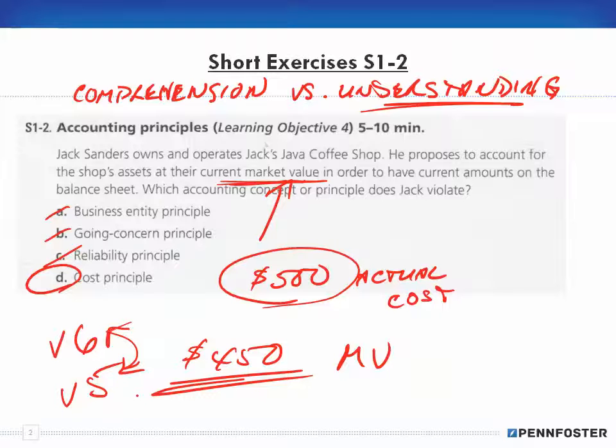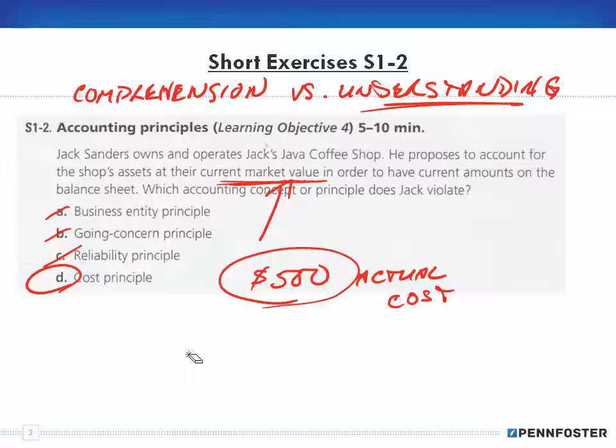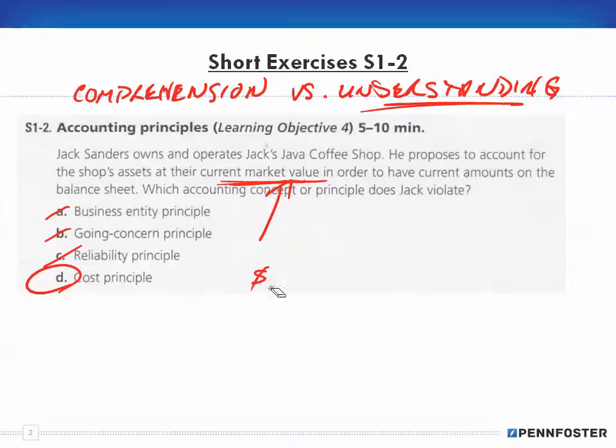You can't be always adjusting the cost of your assets as the price fluctuates. Whether the value goes up or down is irrelevant. You have to record the value of the asset at its actual cost, what it cost you.